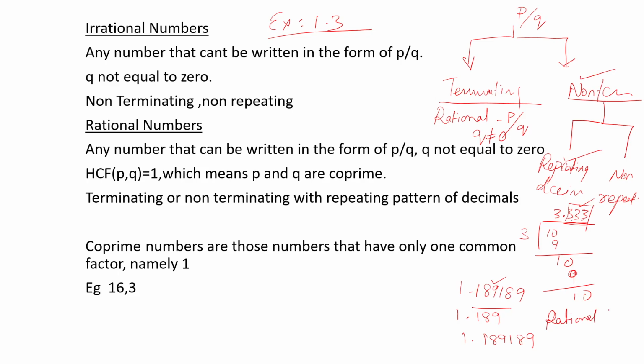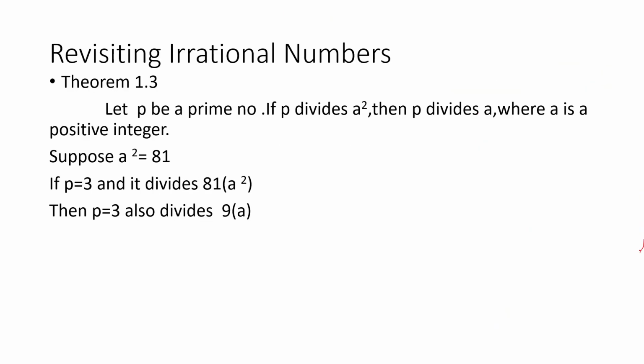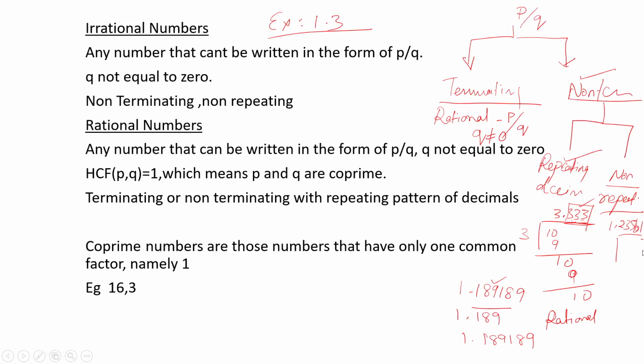Next, if it is non-repeating, it means, suppose you are dividing a number and you are getting 1 2 3 5 6 1 7. It can be in any order, it is not required to be in a particular order or repeating. So that's the concept which I have already taught you. Now I have given a recap, so please understand that. If you can't understand, please go back and see the video again.